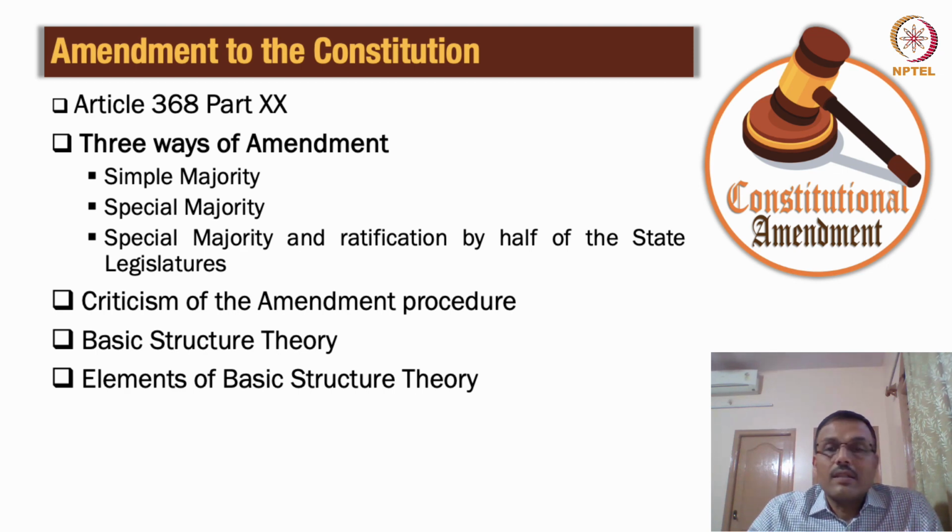Now, we know that there is a very interesting juristic saying that the Constitution must reflect the aspirations of every generation. So, our forefathers who gave us this constitution had a particular type of thought. They had a process. They had their own ideals. They had their own aspirations at that given point of time.